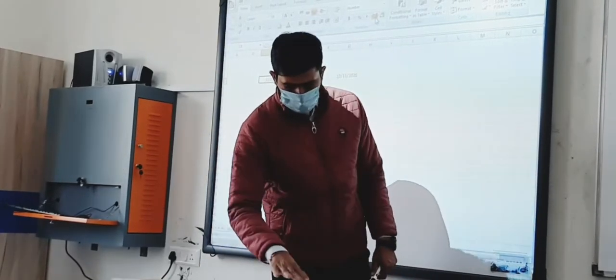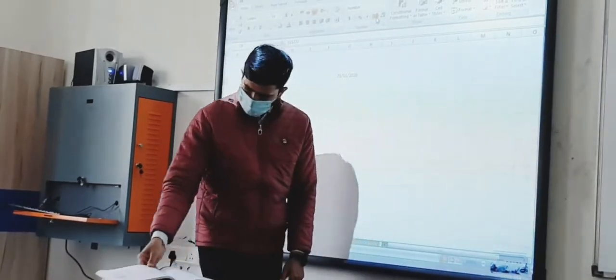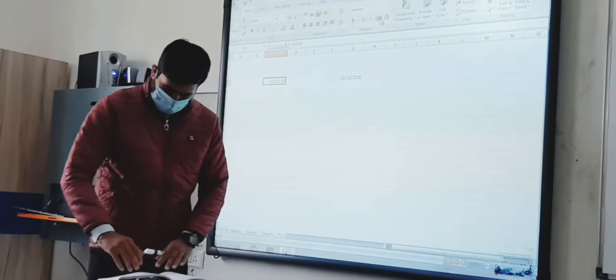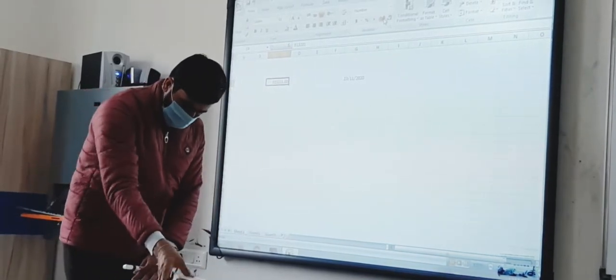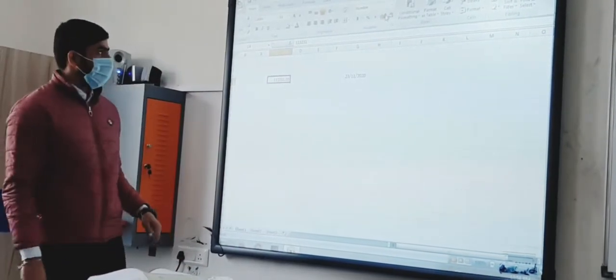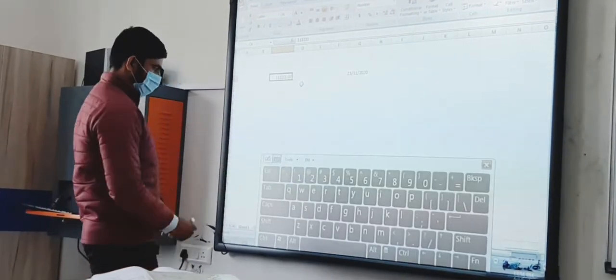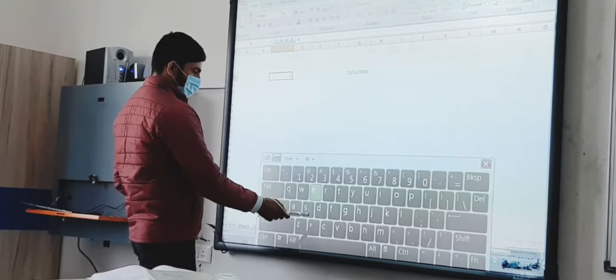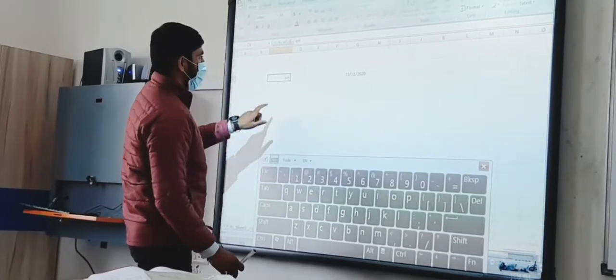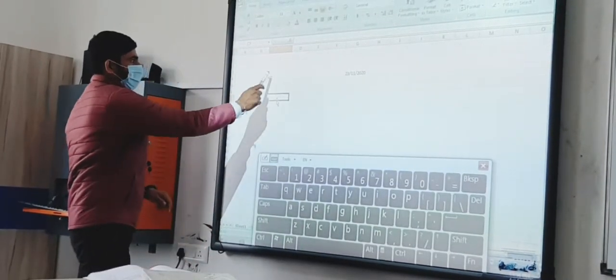Next one is changing the font. How can we change the font? Next topic is font. Suppose I am writing it here. Okay, I have written here ERD.